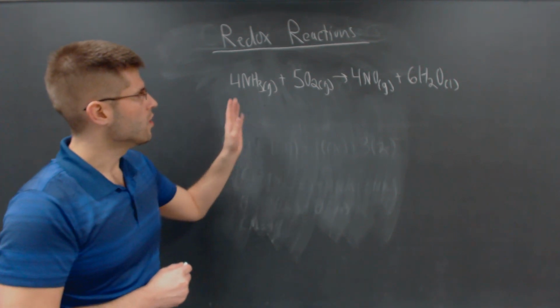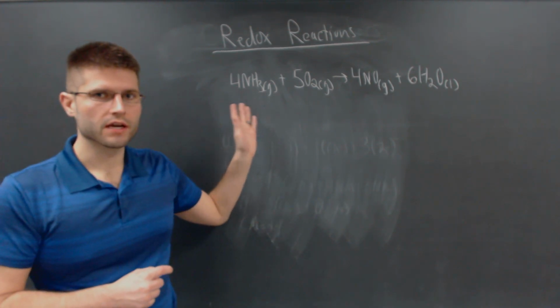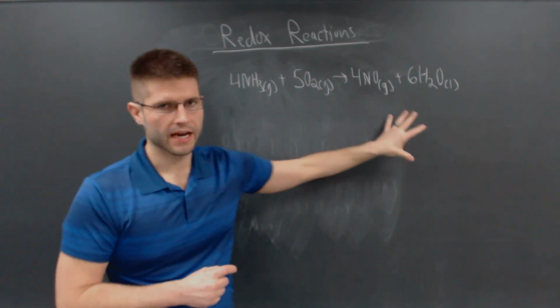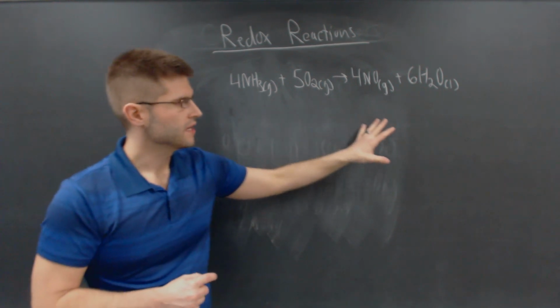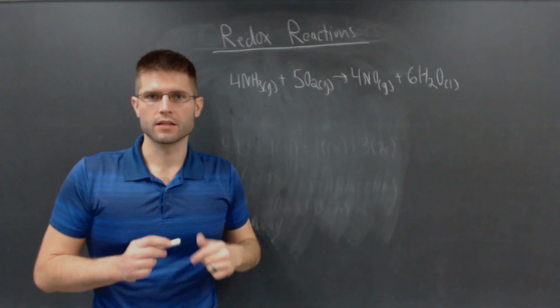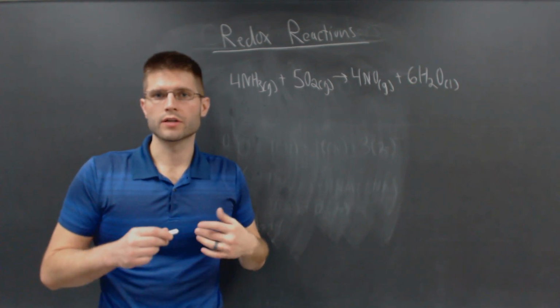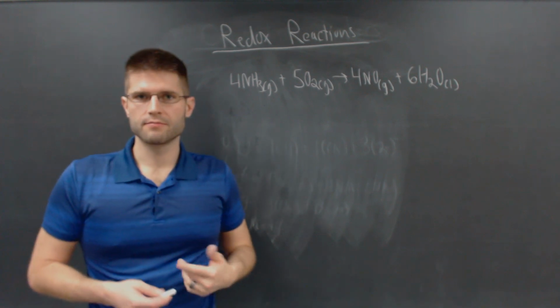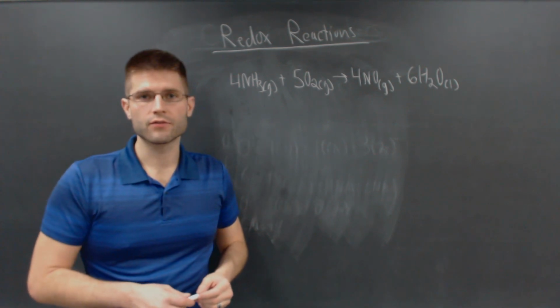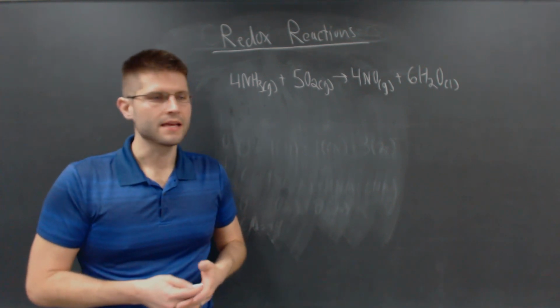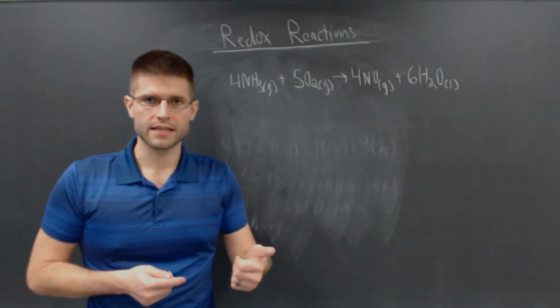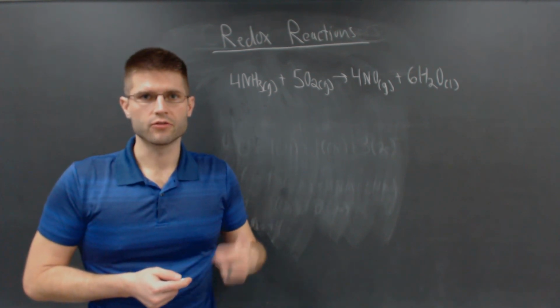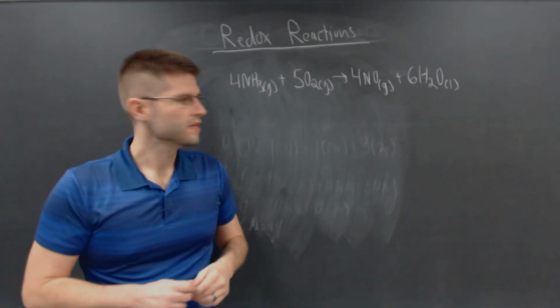Now we want to figure out which of the elements and which of the compounds has been oxidized and which one has been reduced. So I'll talk about why we want to know that a little bit more in class tomorrow. However, I want to go through the procedure in the video tonight. So we have some mnemonics, and you're gonna learn a different one tomorrow, but the one that I go by in order to identify the oxidizing agent and the reducing agent, or what was oxidized and what was reduced, is